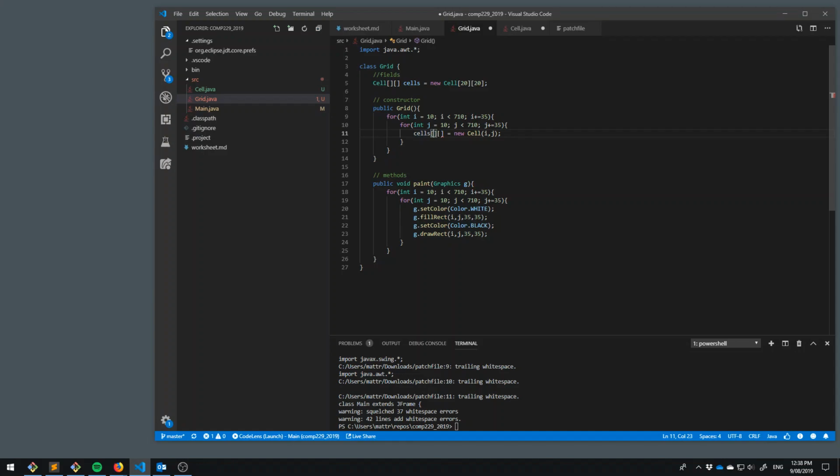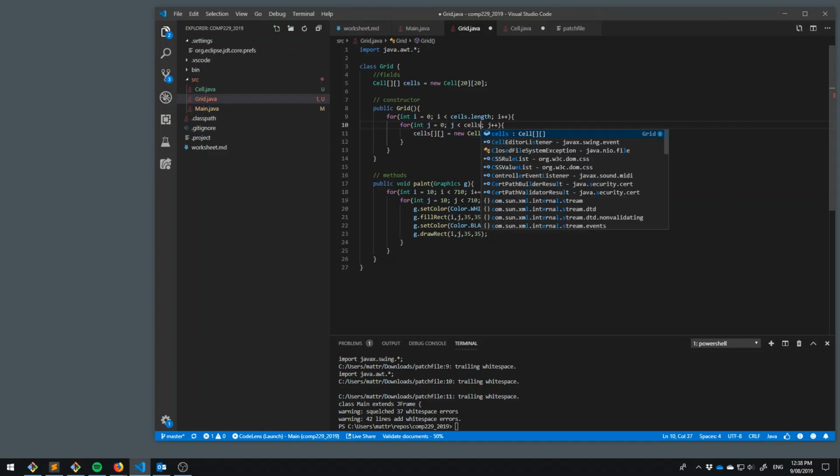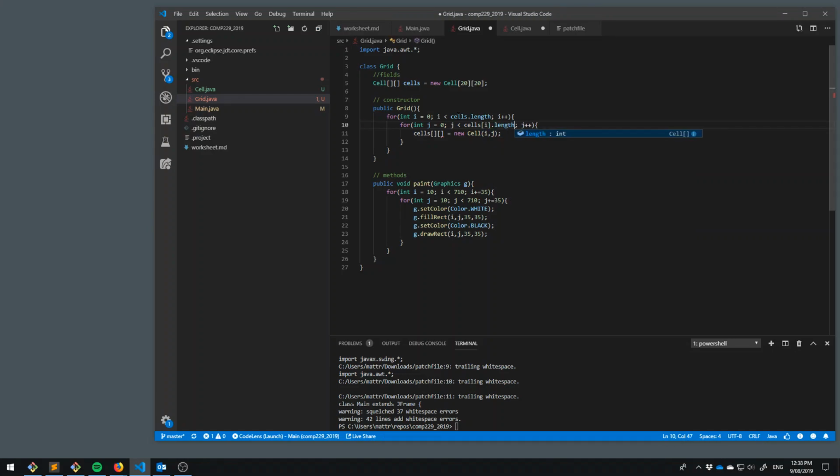In fact, it's better to do the maths the other way. It's better to say, no, let's make the i's always go from 0 to cells.length, and always make it go up by 1. And let's do the same for the j's. We'll make them go up by 1 and go from 0 to cells[i].length, which is just 20 every time because they're set to 20, but we're being defensive with our programming. So now we know that each time we build a cell, it's going into slot i, j,